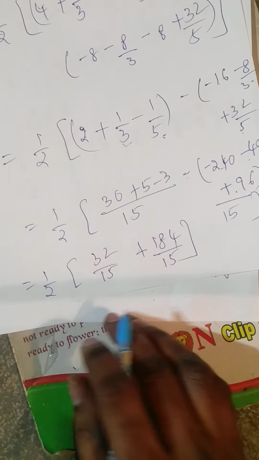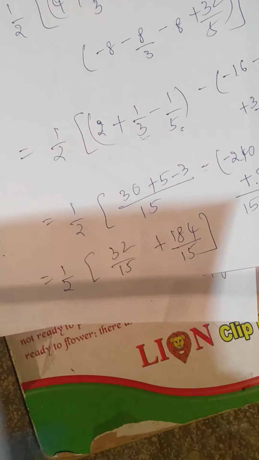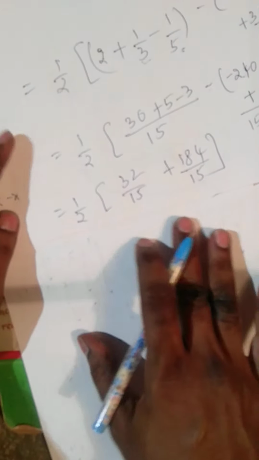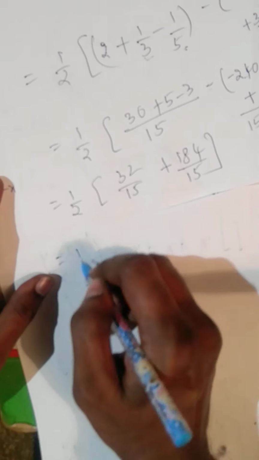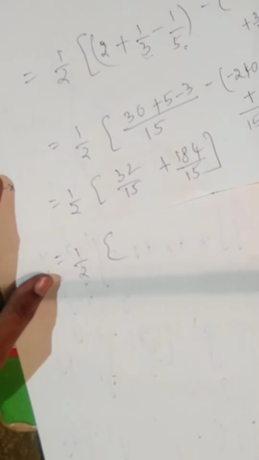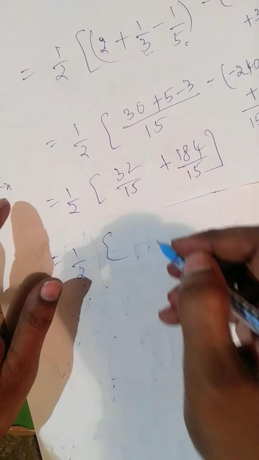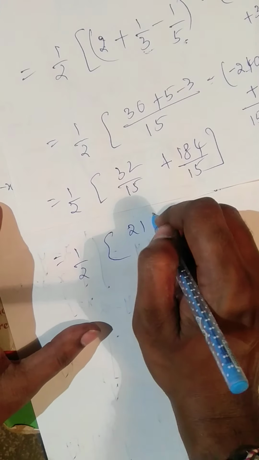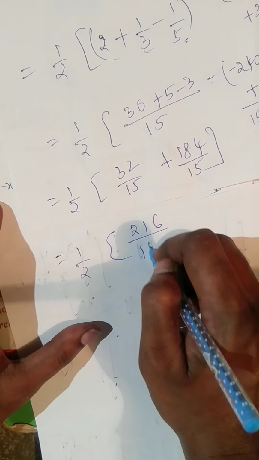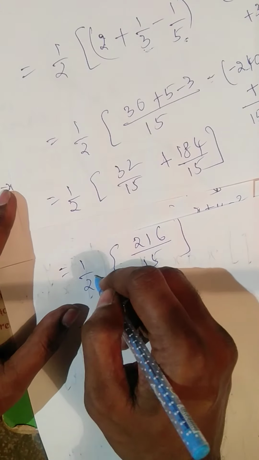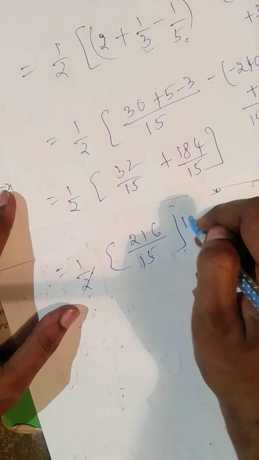Now this will continue in the next page. 32 plus 184, that equals 1 by 2 into 32 plus 184, which is 216, right? 216 by 15. If we simplify this, 2 ones are 2, 2 108s are 216,